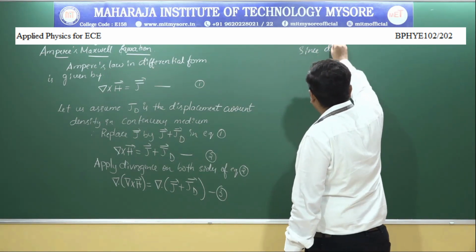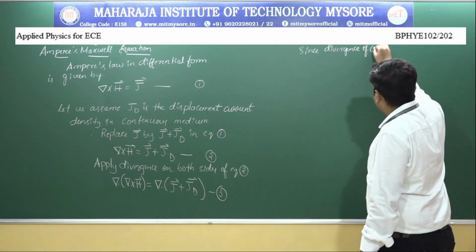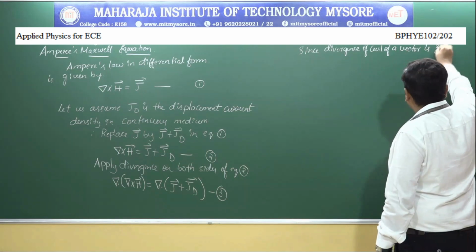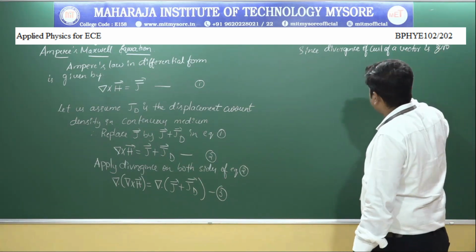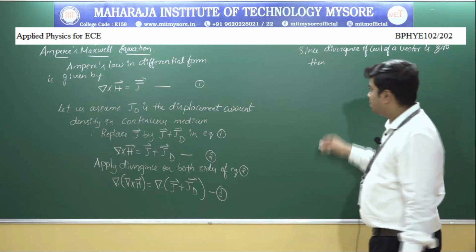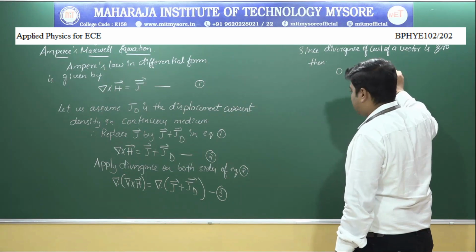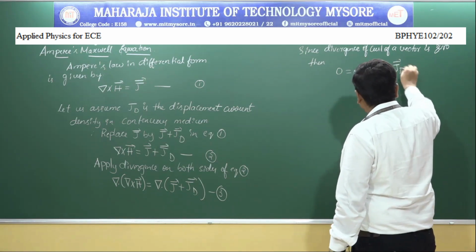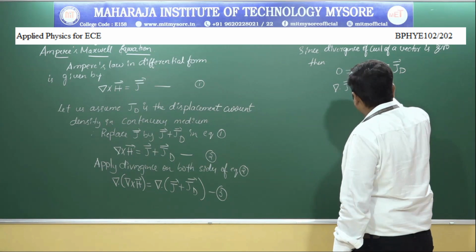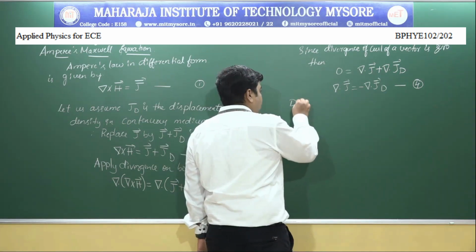since the divergence of curl of a vector is 0, we can write equation 3 as 0 is equal to del dot J plus del dot JD, or del dot J is equal to minus del dot JD, we will call this equation 4. We know that